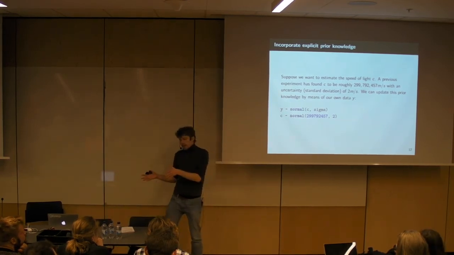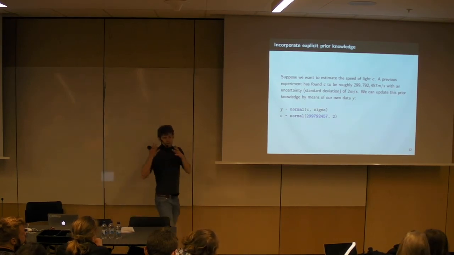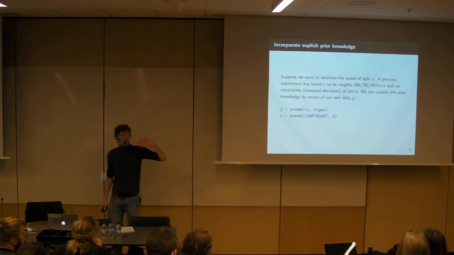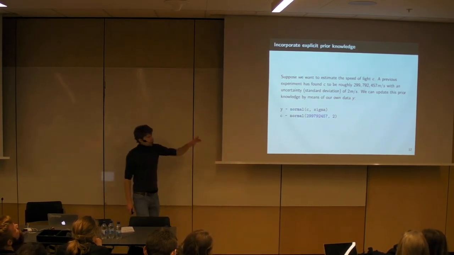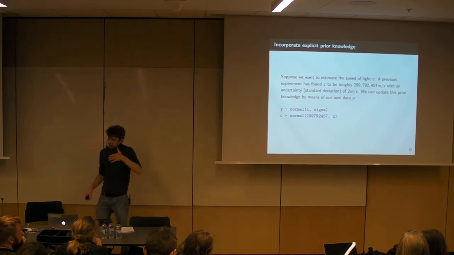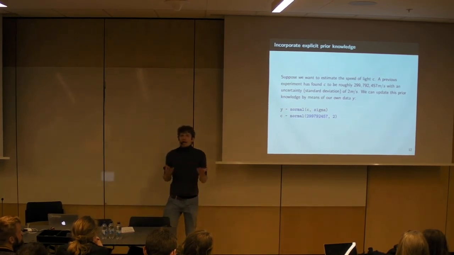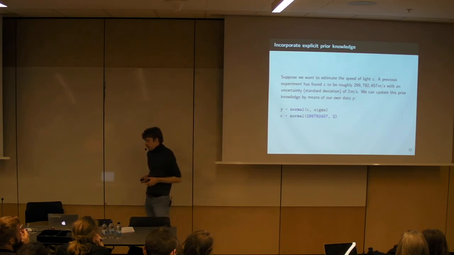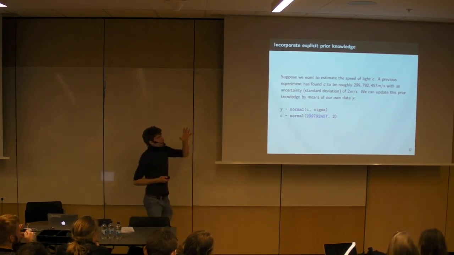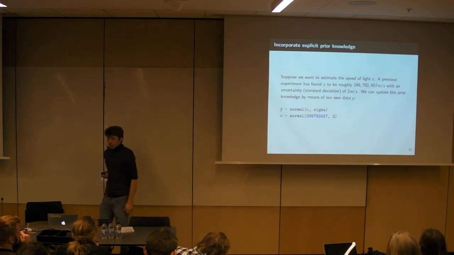By doing this, we update the existing knowledge about the speed of light by means of our own data. Others have gathered data and we combine it with our own data and form a new estimate which is informed by both the old and the new data. So we're using the posterior of the experiment before, suppose this was a posterior, as the prior of our own model. So we're doing sort of model updating. Right? So in this case, we're incorporating explicit prior knowledge. I wouldn't call this subjective, right? Because it's based on reasonable scientific literature, hopefully. But this is a way to incorporate explicit prior knowledge based on formal studies.